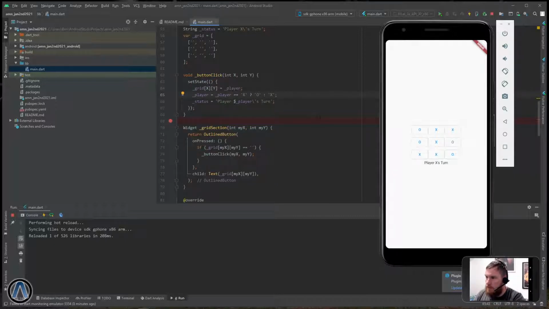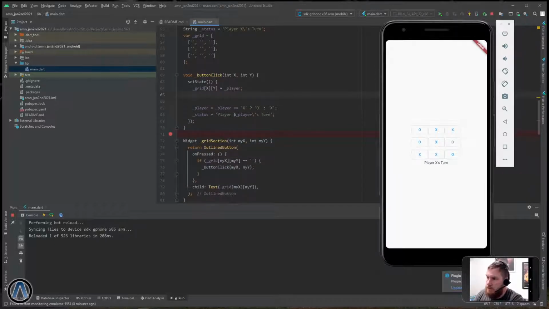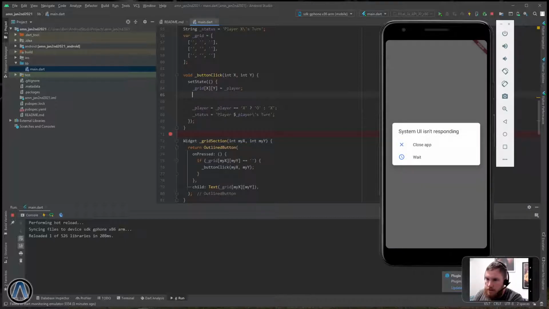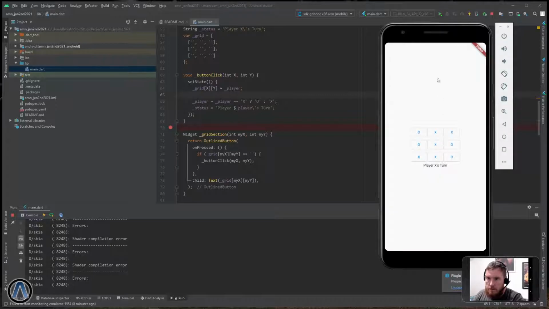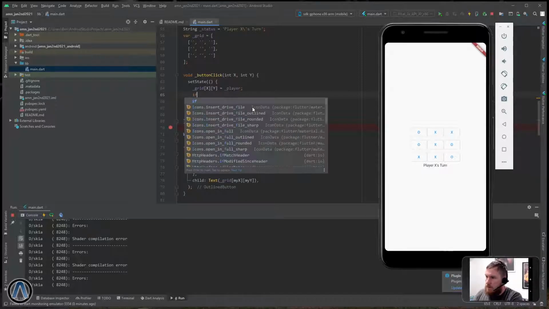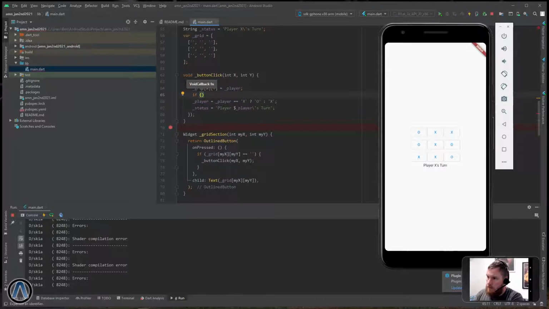So we're going to check after we set the grid, and first combination we can say, got something going on with our app there. Never mind. If grid zero equals grid